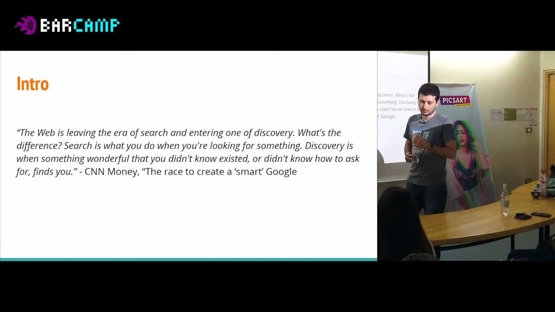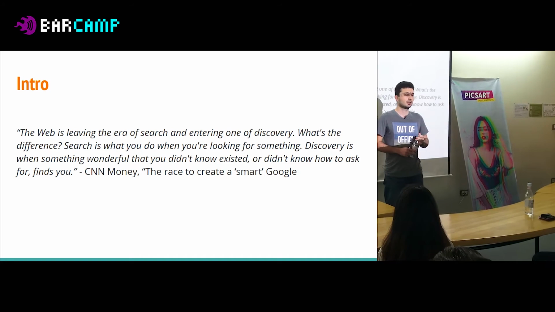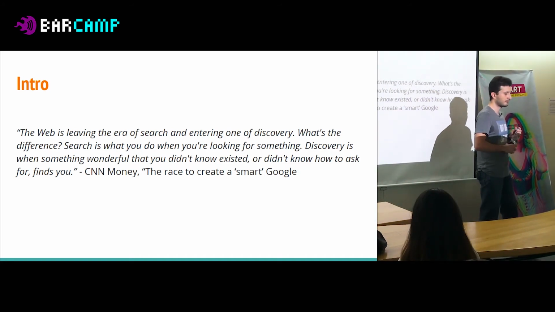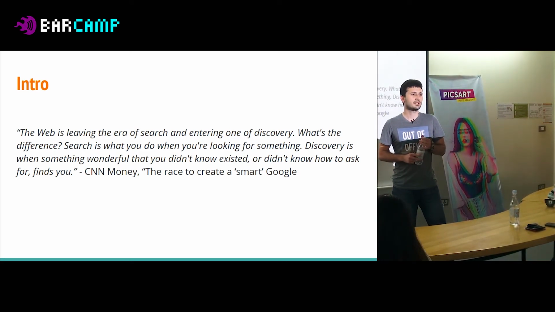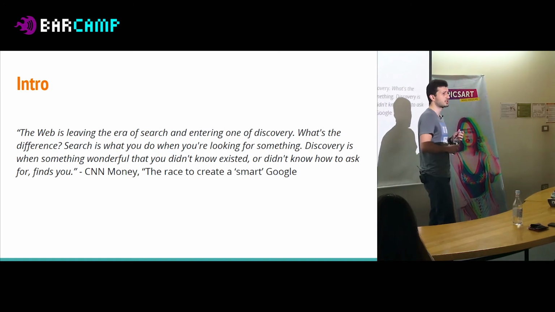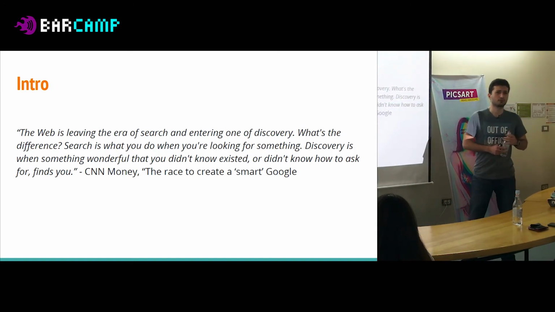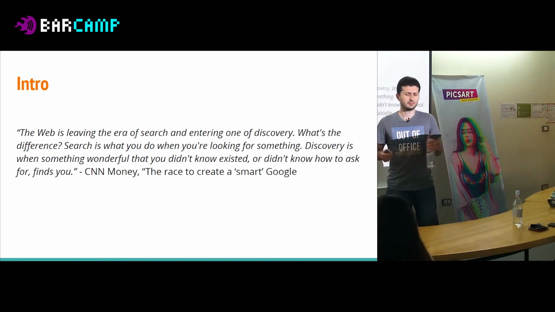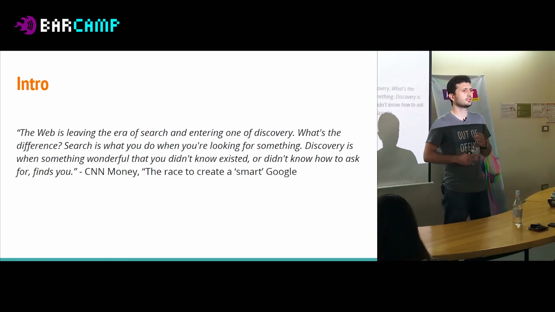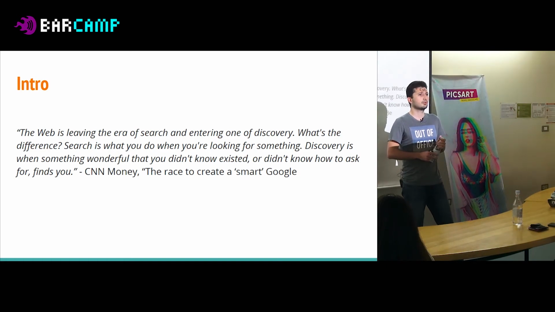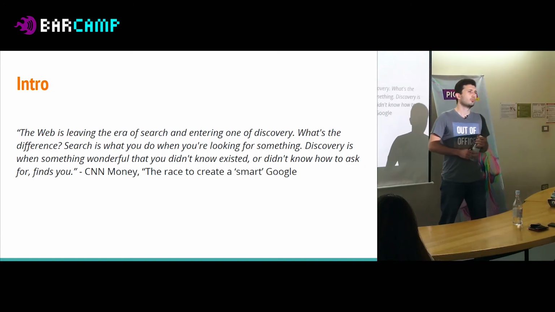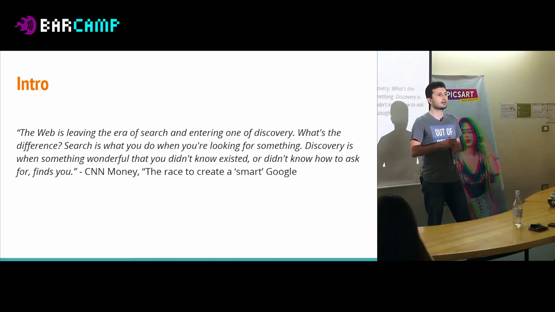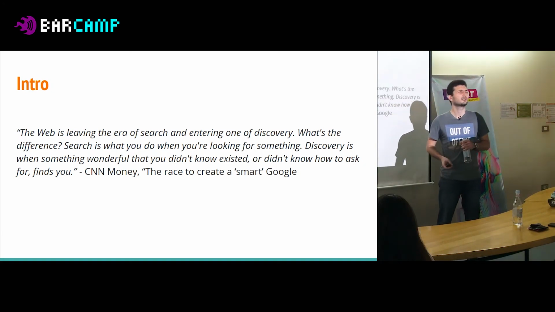OK. So why is this important topic? Recently, the web makes a shift towards being more discovery-driven and less search-driven. You have an information explosion. So imagine you go to Netflix. You have millions of movies, not millions, but tens of thousands of movies. So you really don't even know what you want to watch. Or in Amazon, there are so many items that it's hard to decide which one to buy. So you really need some algorithm that will help you filter, personalize, and recommend items.